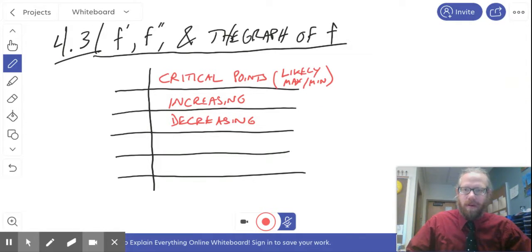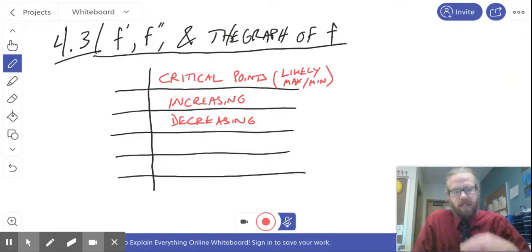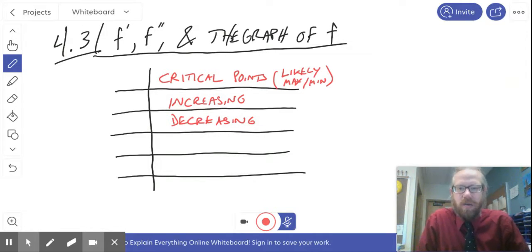We're going to be looking at section 4.3 here, dealing with basically what we've been doing so far. We're just going to add another stage onto it, another level. So we're looking at the derivative of f and how that relates to the graph. We've basically done that. Now we're going to look at also how the second derivative relates to the graph. So this will be a little bit of new stuff that's going to be very similar to what we were